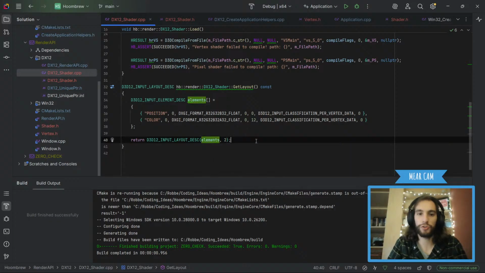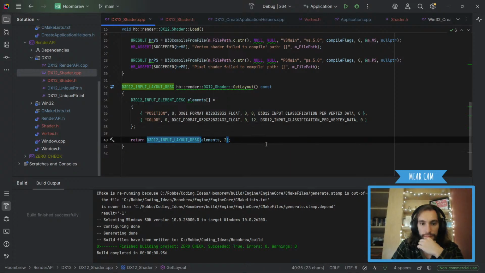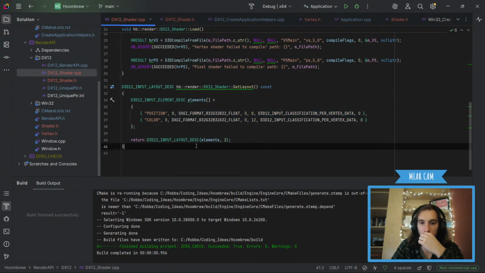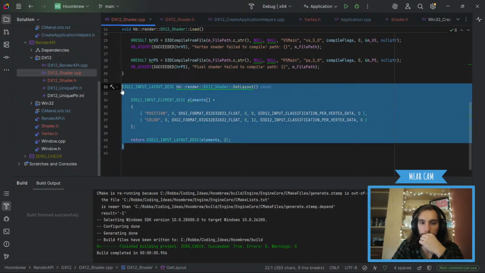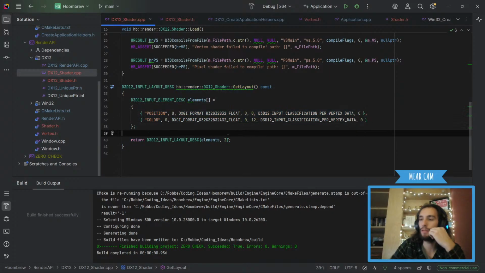Is that an address? Oh no, wait, what? That should be fine, no? Or is it an issue that it's static? Oh, it might be an issue that it's static. It might be a pointer to a... Does it need to be managed?